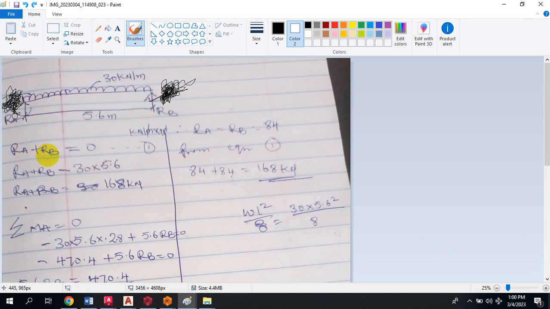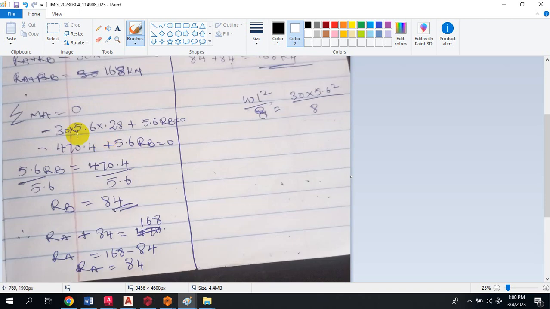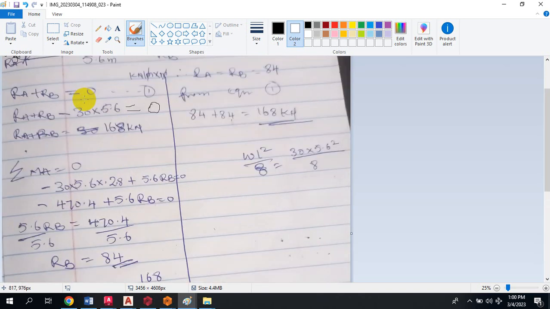So RA plus RB minus 30 times 5.6 should give you equals to 0, okay, that's correct. Whatever you have here, RA plus RB minus 30 times 5.6 is supposed to give us 0. So our RA plus RB should be equals to 168 kilonewton. Like this. So for summation of moment, when you take moment, it is force times perpendicular distance,